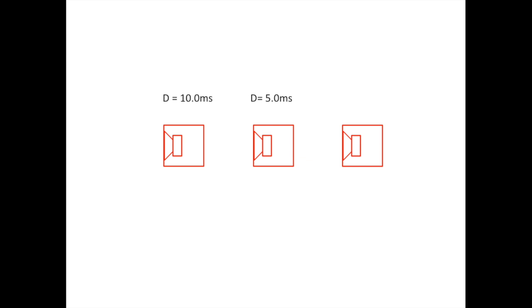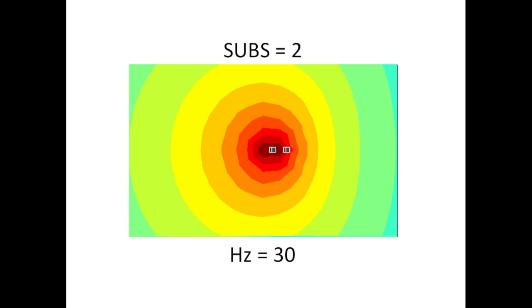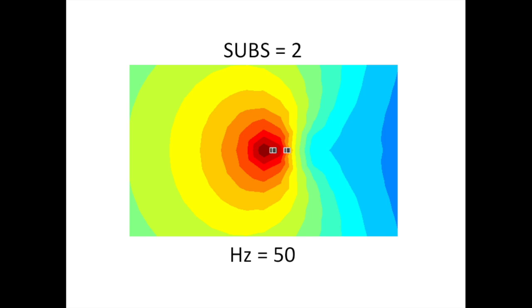But this does lead to another important point, which makes other cardioid configurations, such as end-fire, relatively ineffective in my opinion. In an end-fire setup, instead of delaying the rear subwoofer, the front subwoofer is delayed and the rear sub is not flipped out of polarity. And often several subwoofers are placed in line, each being delayed in proportion to its distance from the rearmost subwoofer in the setup. So as it looks in the software, there is near perfect summing at all frequencies in the